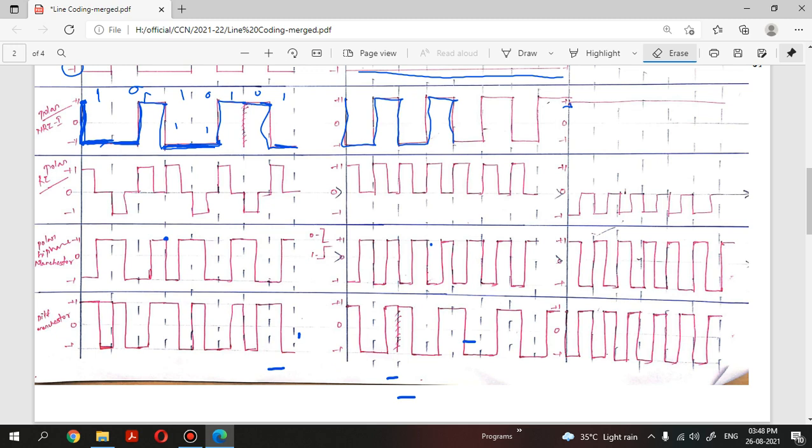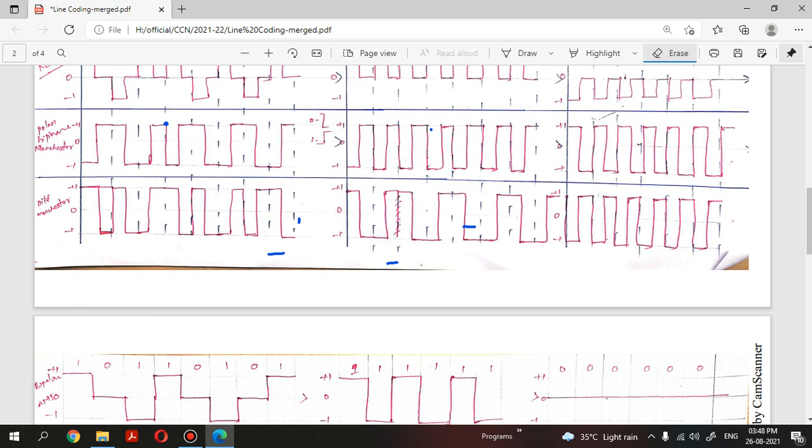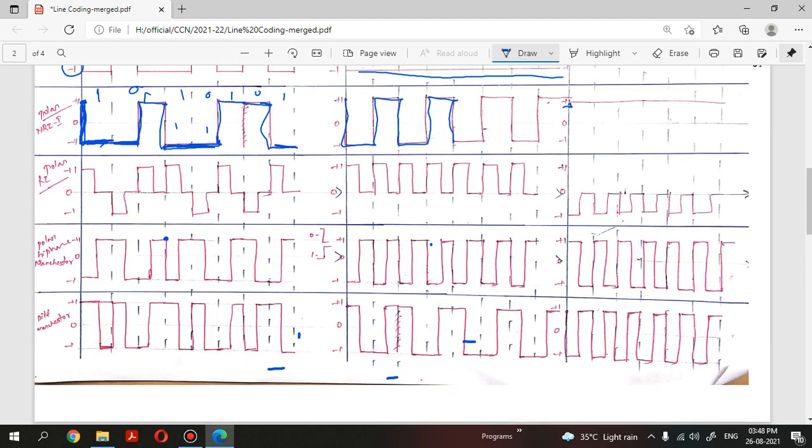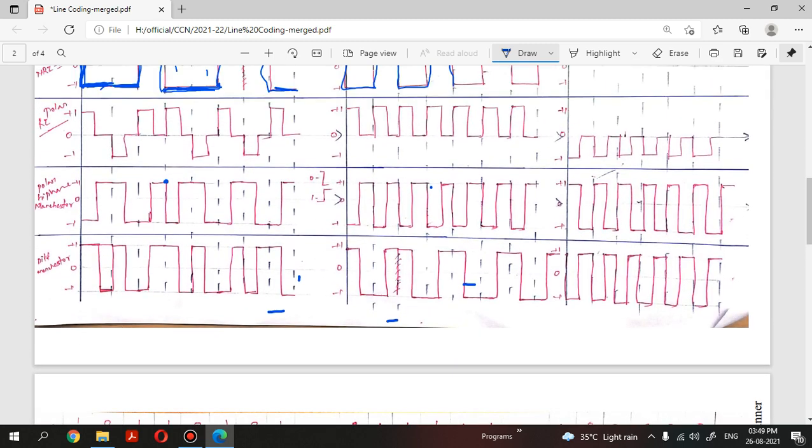Next one, differential Manchester, right? So this differential Manchester encoding, right? Only one thing you want to make a note of, which is nothing but inversion is added, right? So here inversion is done if I get a 0, right? So the rest of the things are same as Manchester encoding, but the graph pattern here is only this, right? Only this, we always maintain this, right? So this Z and reverse of Z will be maintained, right? So as a graph pattern, and I need to make an inversion only if the next bit is 0, right? So that is what differential Manchester encoding is, right?